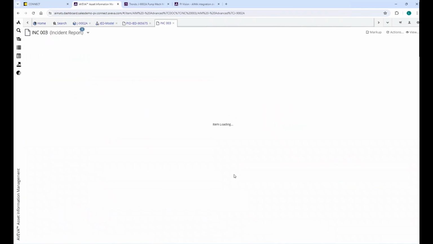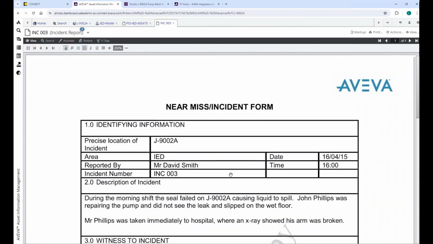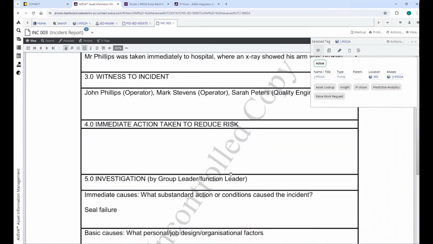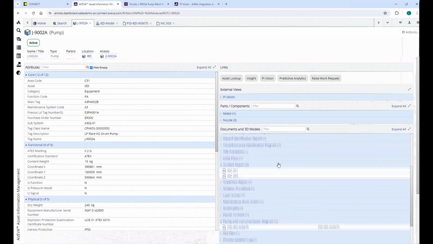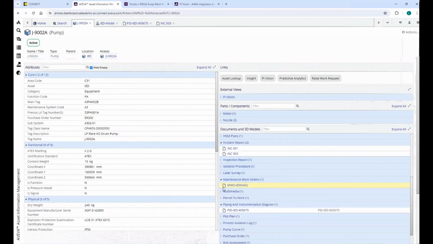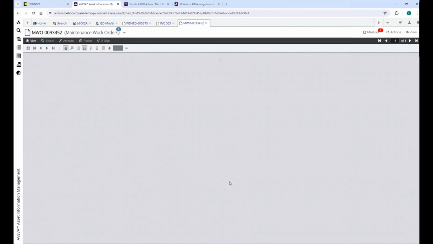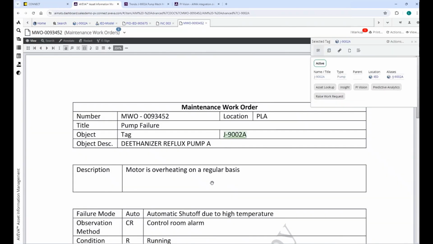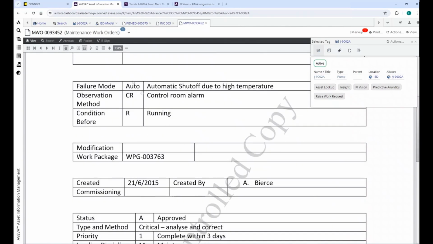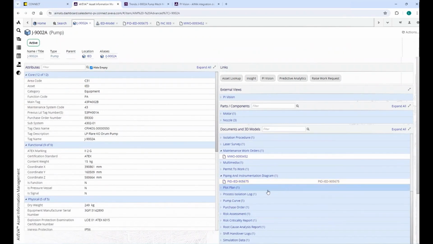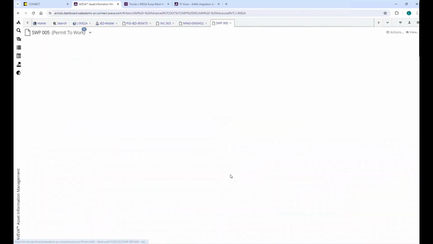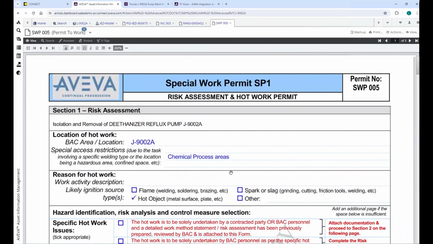Going back to the original pump's index, we can now scroll down and reference one of the previous incident reports where the incident report was uploaded and stored in another database. But since the AIM software references that information, you know that you have the latest version of the document available. And you can also reference other pieces of documentation, such as maintenance work orders. And knowing that all the work orders are uploaded on your system, you can just reference the latest work order on your AIM database, and it takes you to the correct files.